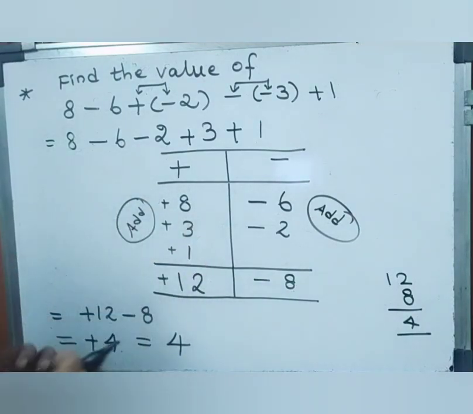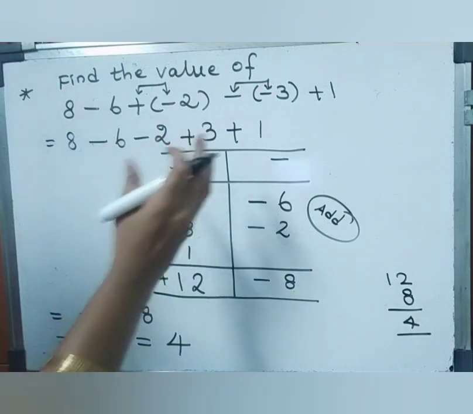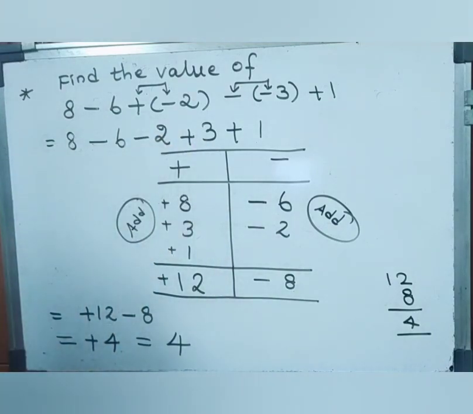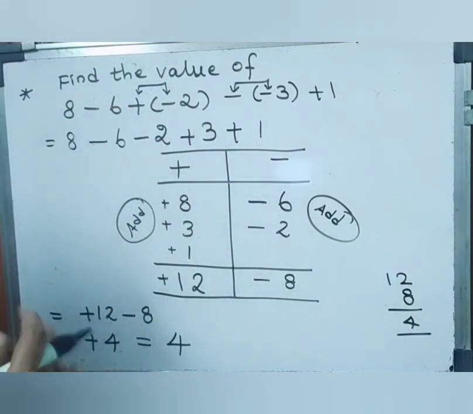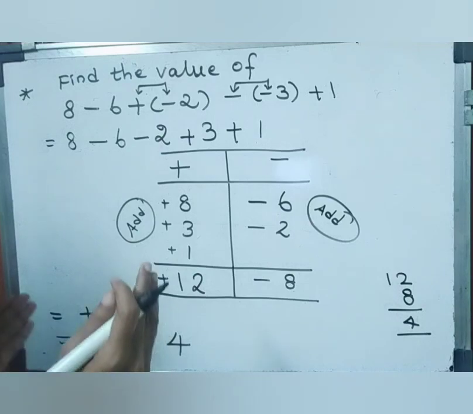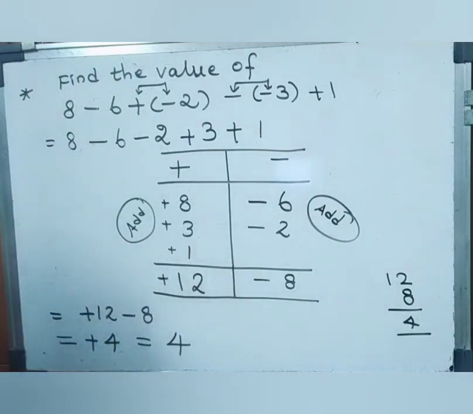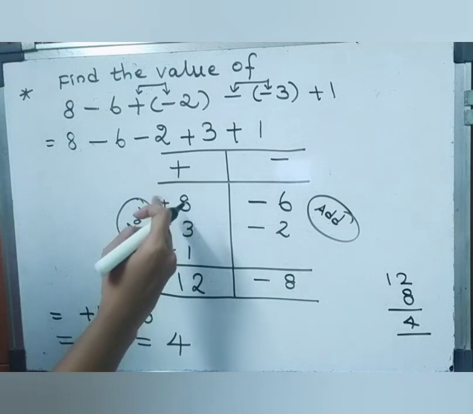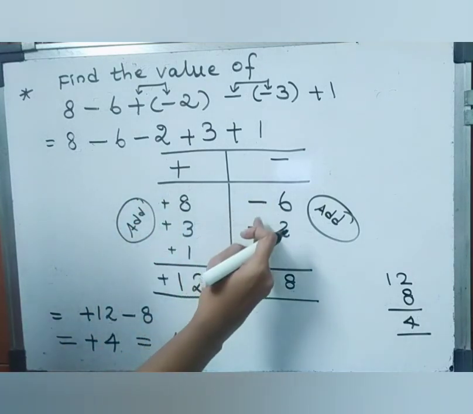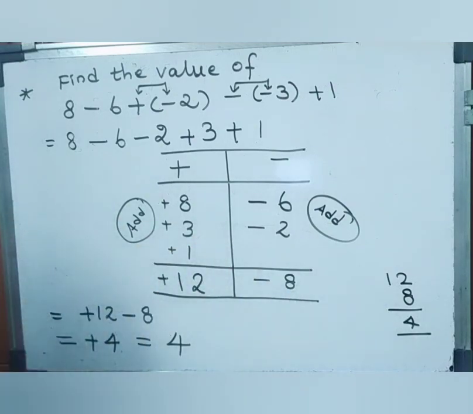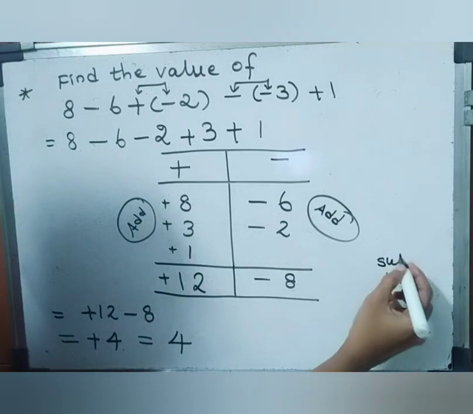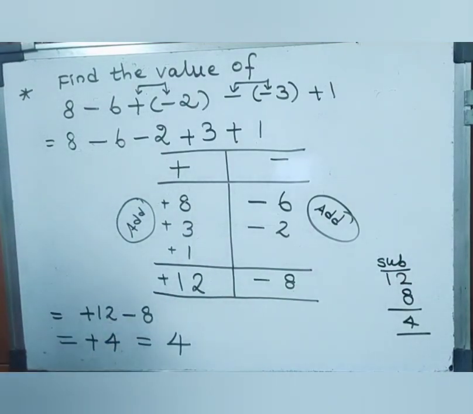So when we are handling too many numbers, we can remove the bracket with the help of the multiplication rule. Multiply the signs and remove the bracket. Once you multiply 2 signs, we can remove the bracket. And the next step, collect all the positive numbers and negative numbers separately and use the concept same sign, add and put same sign. And then finally we got only two integers with a different sign. So subtract and put the greater number's sign. Just ignore the sign, subtract these two numbers and get the answer.